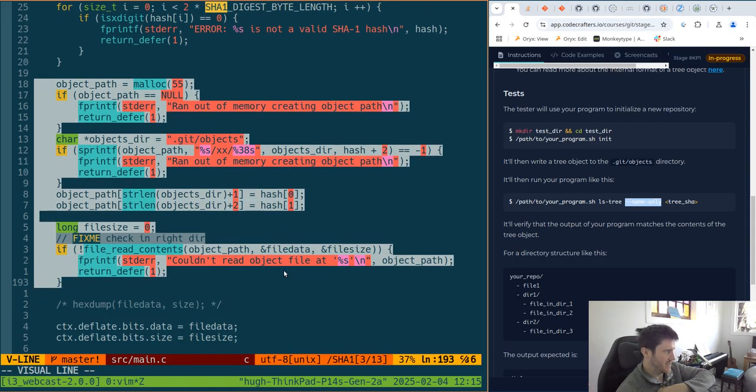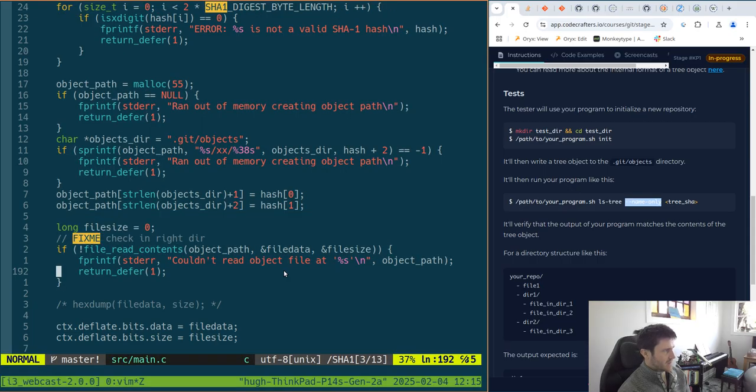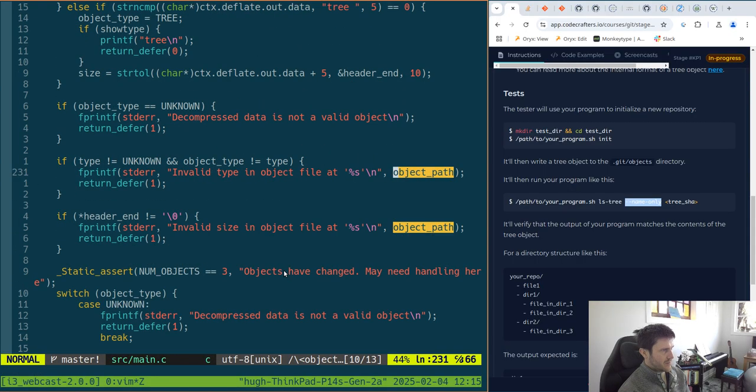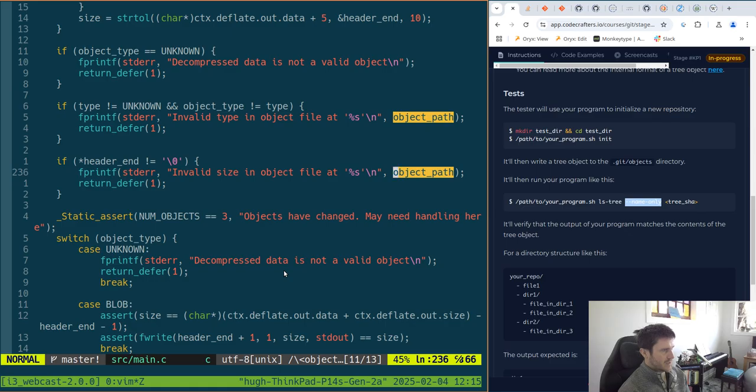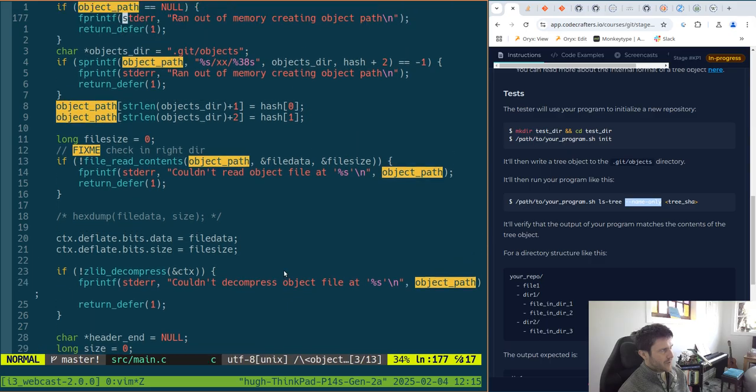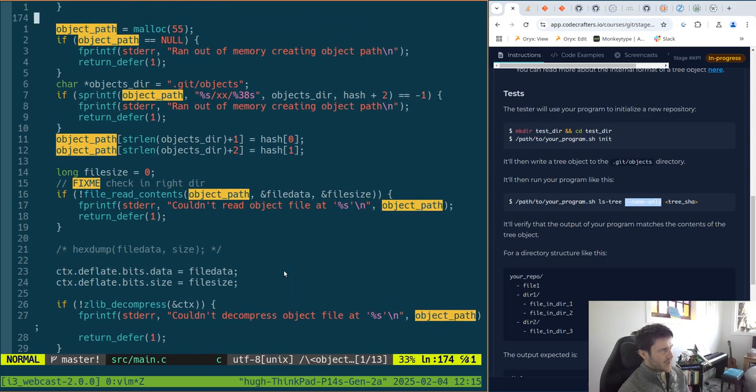Which makes me think that this is more of a helper function type thing. Because I guess we don't use object path. Since we kind of do, but we can change that, because really what we need is